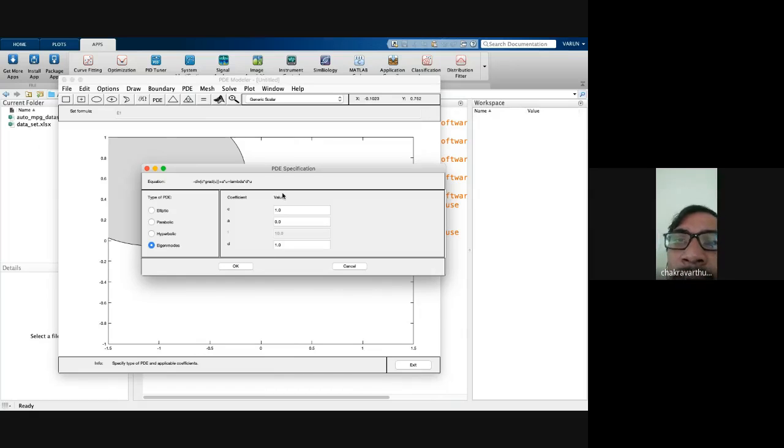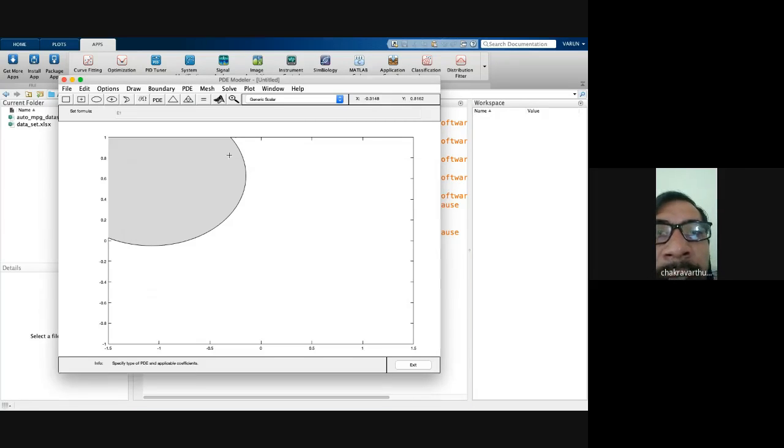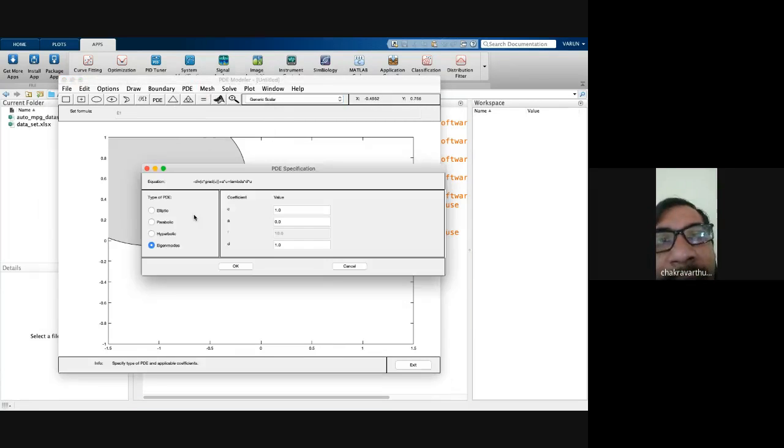That's why whatever data they have for the linear kind of data, they are going to take and simulate it. That is the PDE solver here. In the PDE solver, you can give different kinds of conditions. When you select the elliptic equation, it will automatically change the equation type. If you observe the equation, next see divergence, that is the hyperbolic equation. Accordingly, you have to give those values. There are constant values A, B, C, D, and you give those values. It is going to generate the particular system for whatever values you have given.